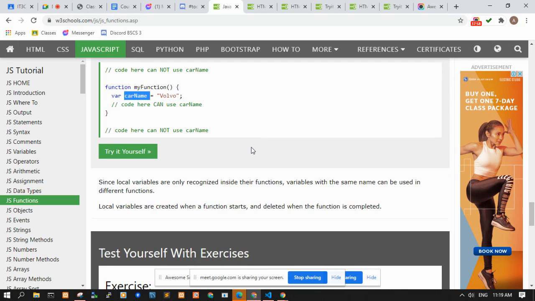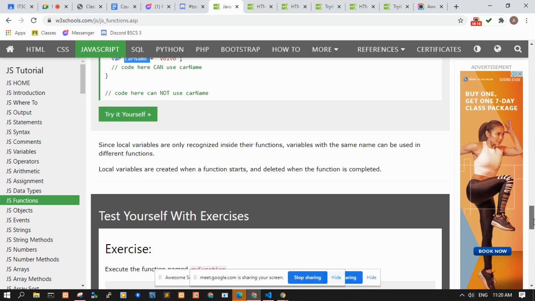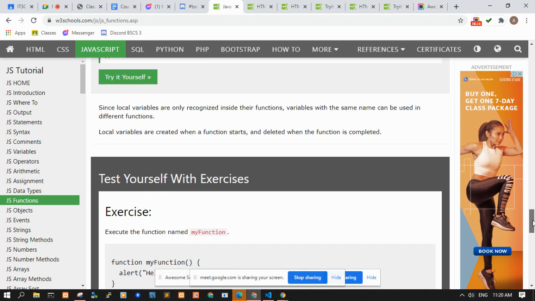So even if they are declared inside the block, inside the if, or inside the loop, the variable can still be accessible outside if you declared them using var. Okay, but if you declared them using let, that's your block scope, so it will not be available outside.